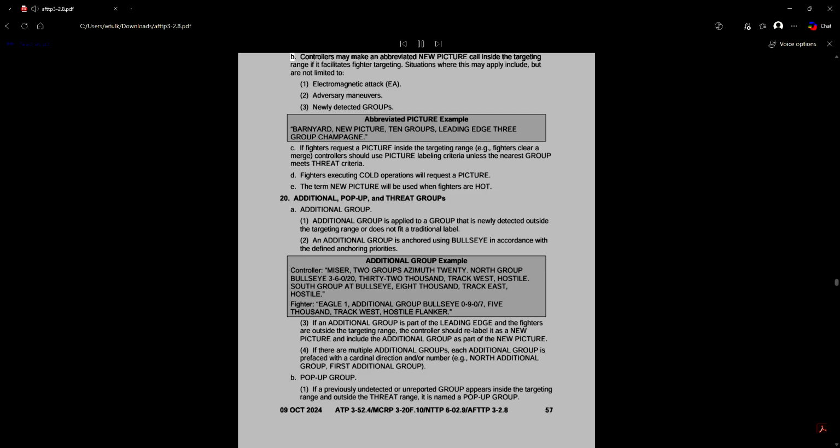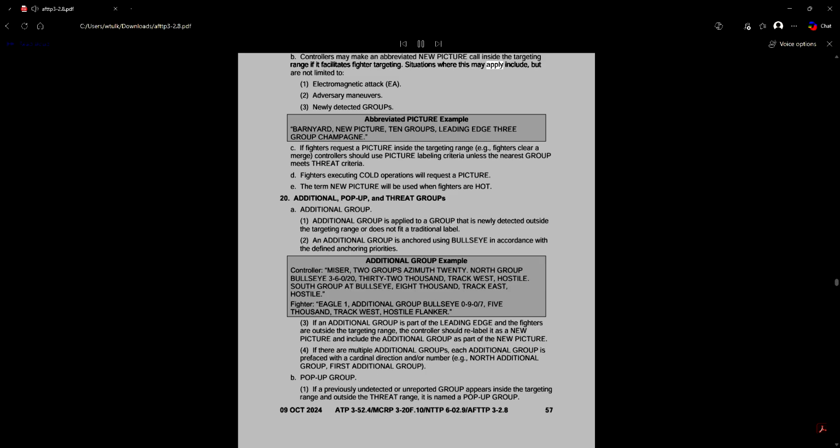19. New picture. A. Controllers should maintain original labels unless a new label and names will fix or better facilitate targeting. If time compressed when combining a range call and a picture, controllers will truncate fill-ins and respond comparatively after targeting calls. B. Controllers may make an abbreviated new picture call inside the targeting range if it facilitates fighter targeting.